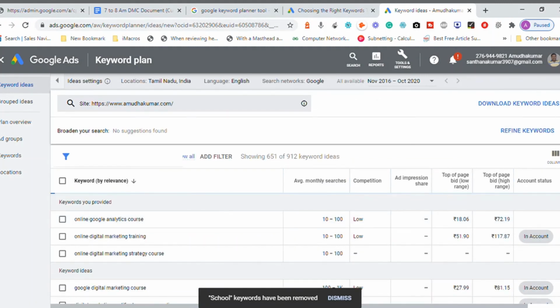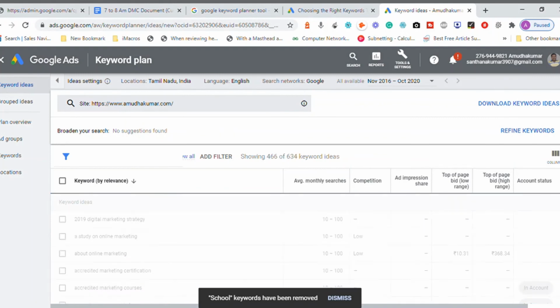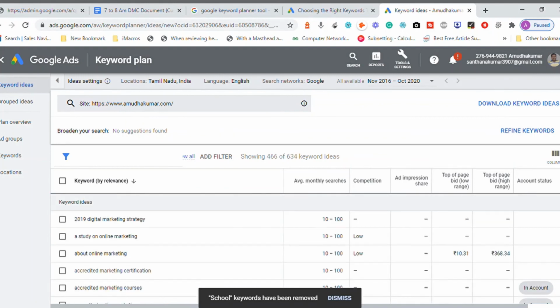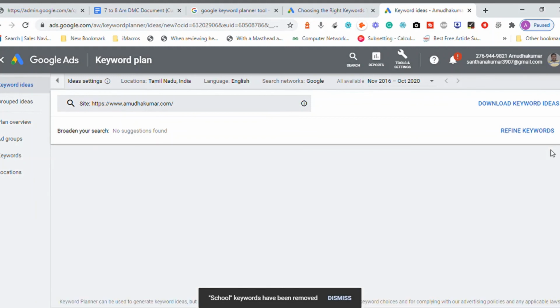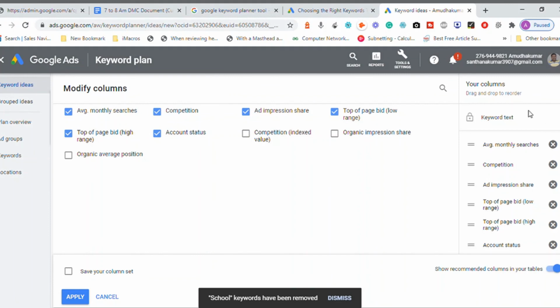Now what happens, based on the content available inside my website, Google is going to suggest me some keywords. It is suggesting 634 keywords, because I have applied the refine keywords option, so the keywords of different columns are shown here.